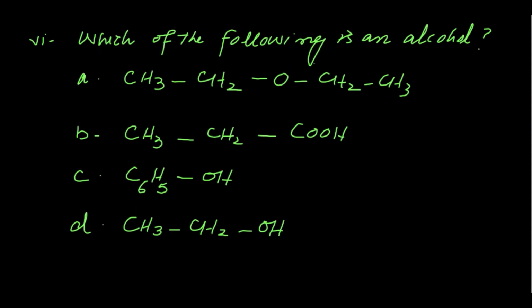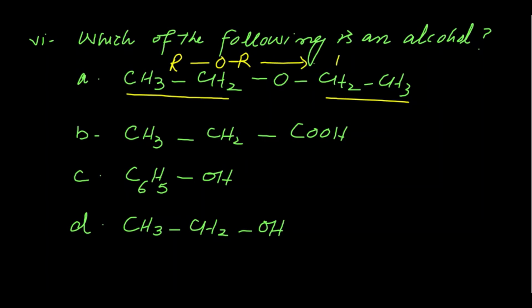Now students, we will see the next question which is given. In the next question, which of the following compounds is an alcohol? Right students? We are asked to choose alcohol from the given organic compounds. Now students, we will see these compounds which are given and we will identify which one is alcohol. Now the first compound which is given, we will write the general formula with the help of the structure which is given here. This part is R, right students, and it is connected with oxygen, and this part is again R. So ROR,